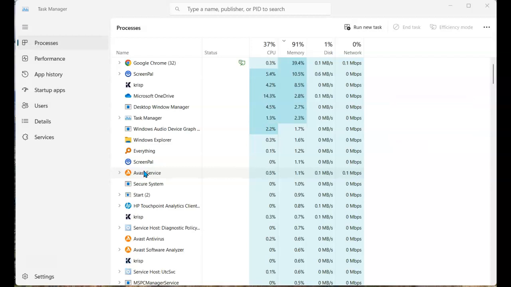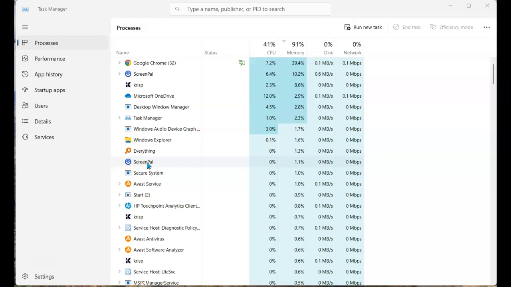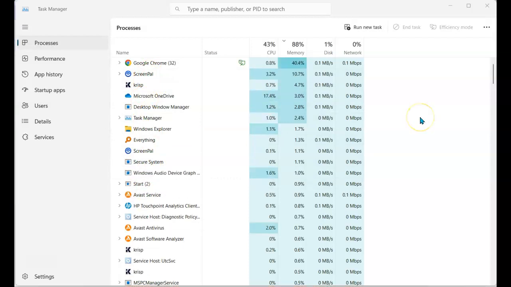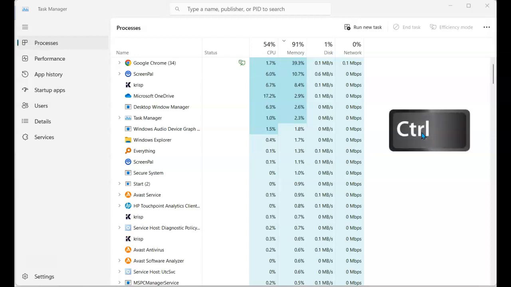As you see right now, things move, and I can never get what I want to stay in the same place. But if I hit the Control key, now things are frozen. Nothing moves. I can go wherever I want, select what I want. So the next time you need to select an item in the Task Manager, simply depress the Control key and